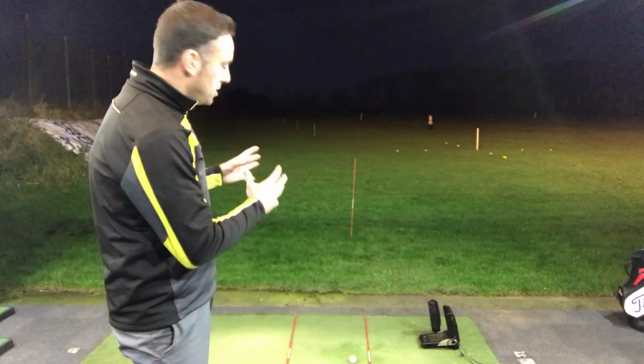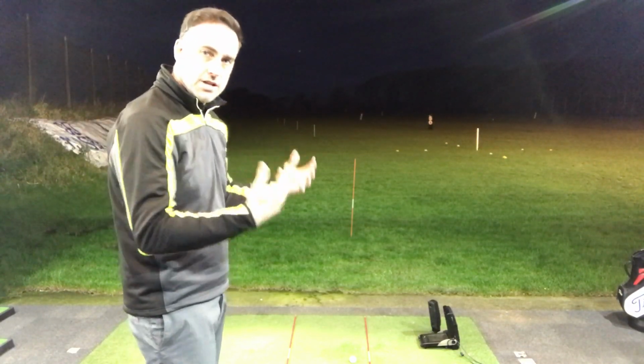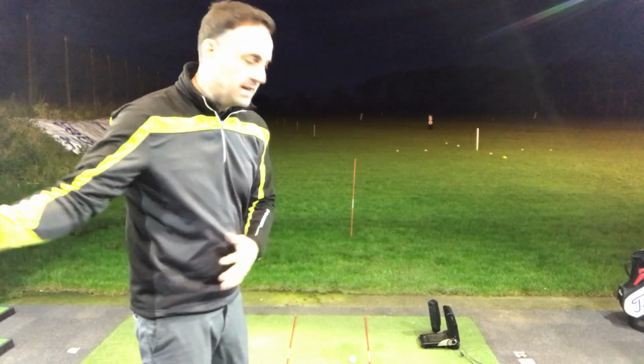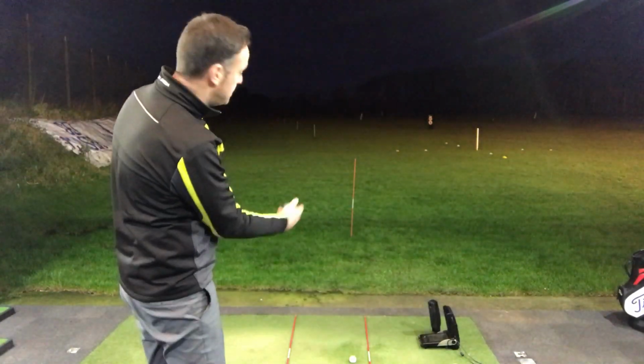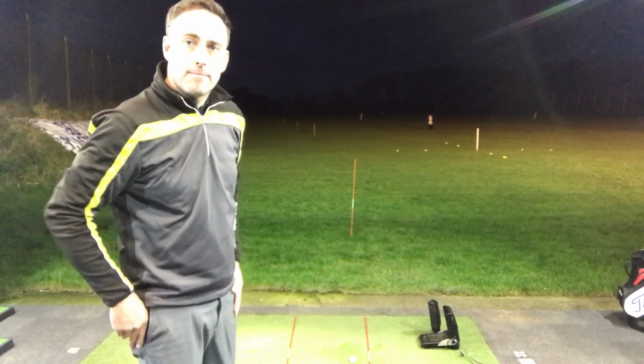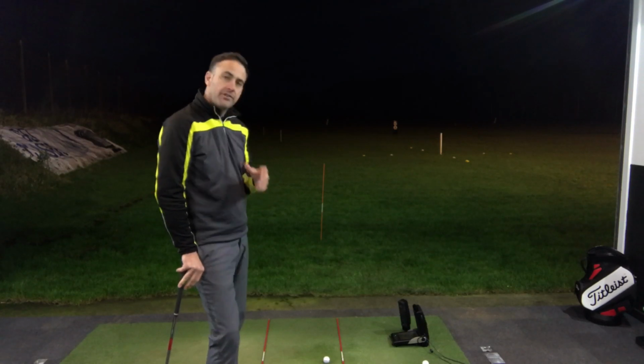So what we're going to do now is try and picture that as maybe a tree. Imagine if you're on the golf course and you're stuck right behind that tree, you may need to shape it to the right to bring it back, or you might feel like you want to shape it to the left to then bring it back to target. So we're going to hit our first shot here,